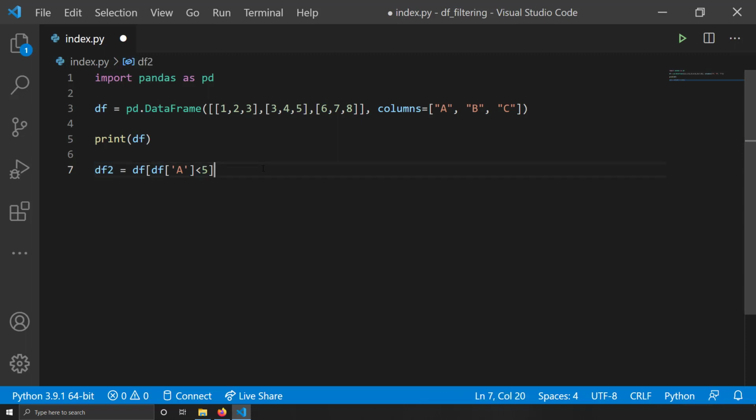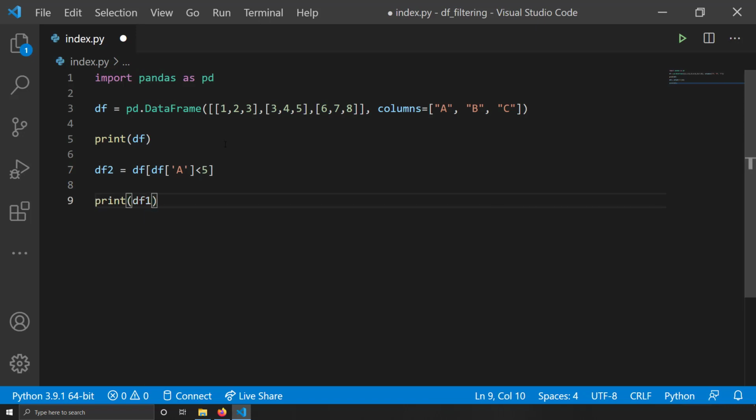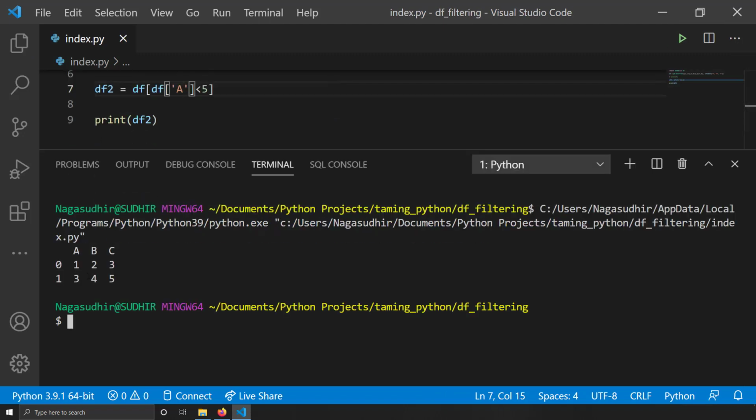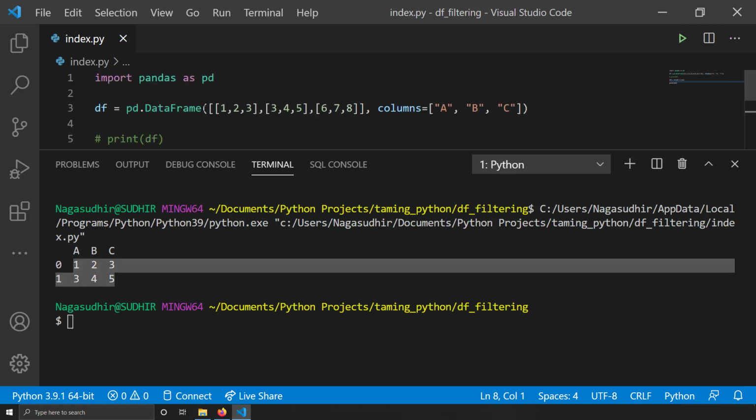So I have created a data frame called df2, and let's see how it looks. Print df2. I will comment out this one. Oh, it was df2, right? Okay. Now let me run this and see how it looks. You can see I got only two rows, because in the original data frame there were three rows, and the value of column A in the third row was 6.